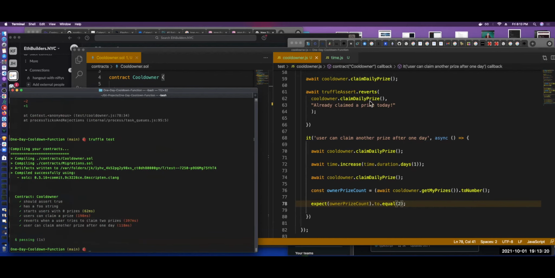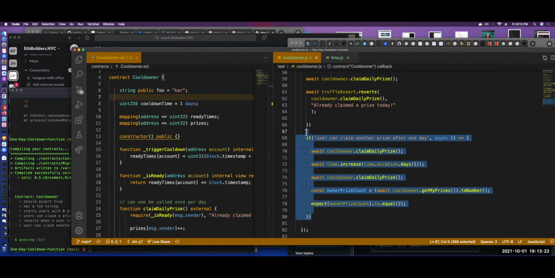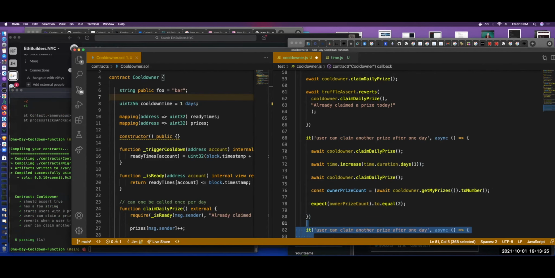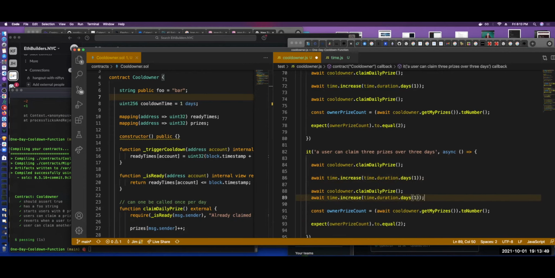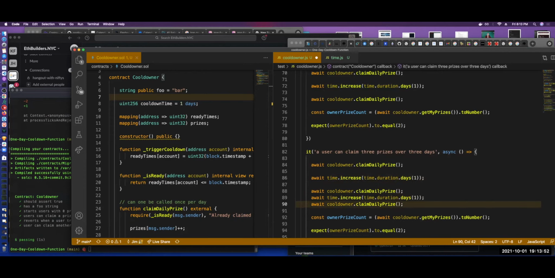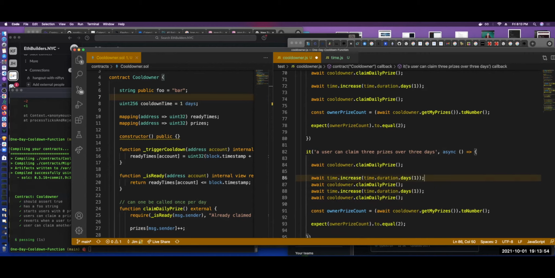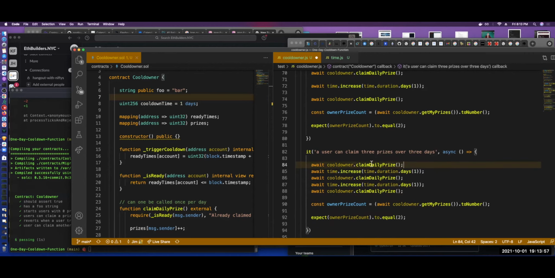Okay, so we can even go crazy and do a third. It can claim 3 prizes over 3 days. Yeah, basically that. A user can claim 3 prizes over 3 days. Okay, so we're going to do the first one, increase it by 1 day. Do the second one, increase it by a day. Do a third one. We could even tighten these up a little bit, get rid of it's just like, how do you even read this,